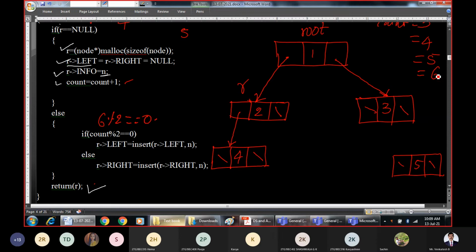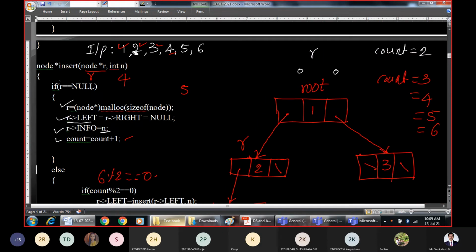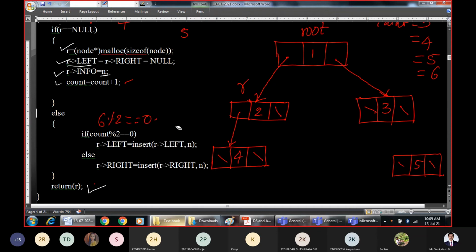No. I have incremented count here in advance. So someone should tell me when I am incrementing it. Please concentrate. What was the earlier value of count? Count 1, 2, 3, 4, 5. Yes, count is 6, or 5?